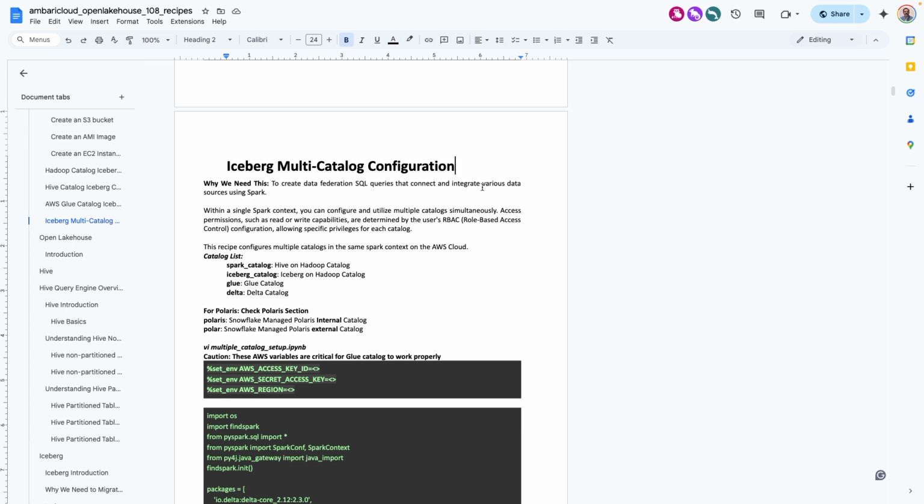So that is the advantage of multi-catalog configuration. Here we are talking about Iceberg. Within a Spark context, you can configure and utilize multiple catalogs simultaneously. Of course, each catalog has its own RBAC, role-based access controls. But let's say you may have read-only access to Glue, you may have read-only access to Delta, or vice versa,